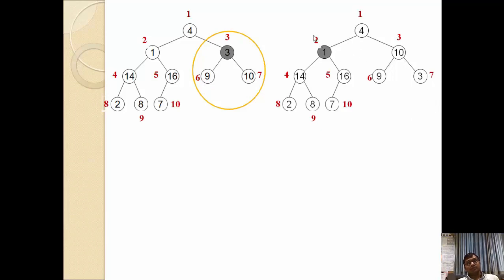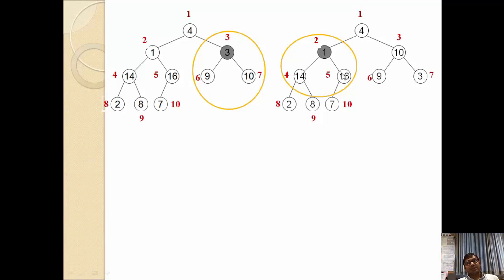Now we need to check the second node, which has a value 1, and has child nodes 14 and the second child node, that is 16. So both are larger, so it does not satisfy the property of the max heap tree. So again we need to perform swapping with the largest element. So we need to identify which one is the largest element among the three: 1, 14 and 16.